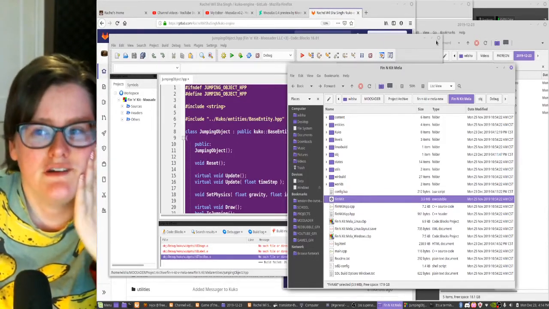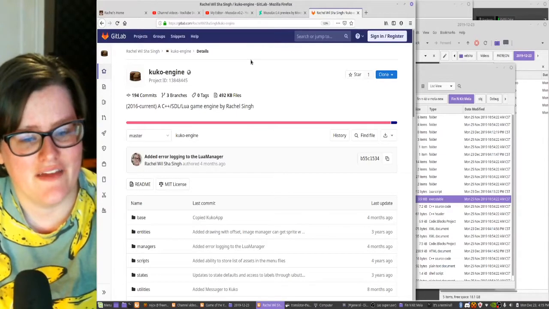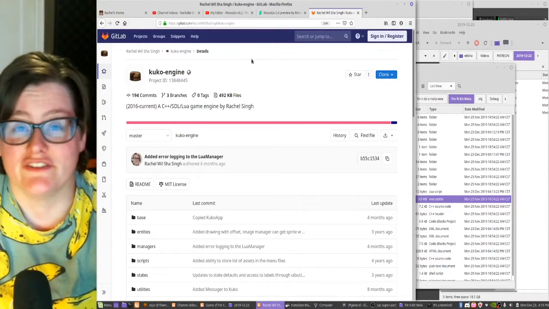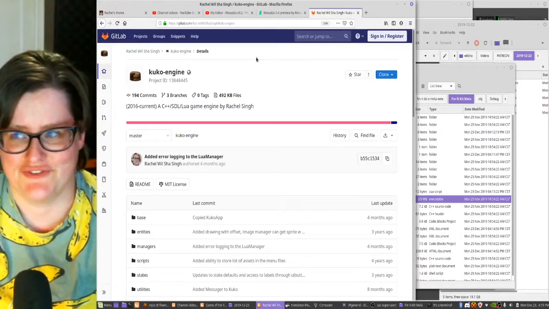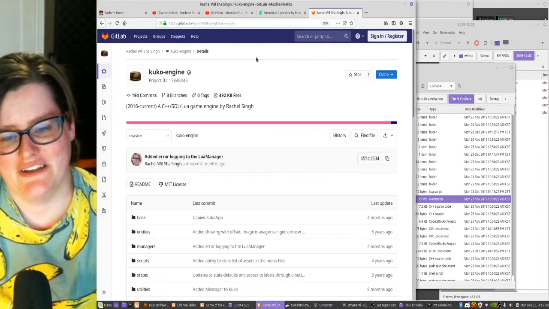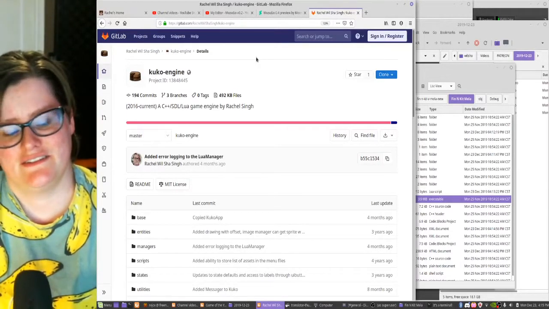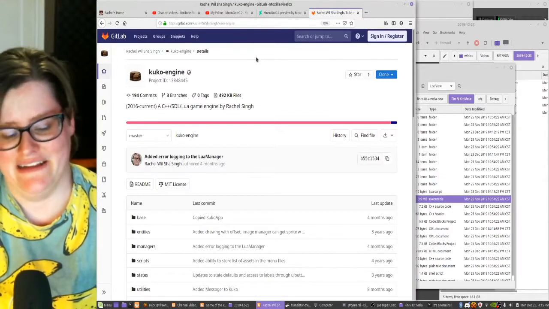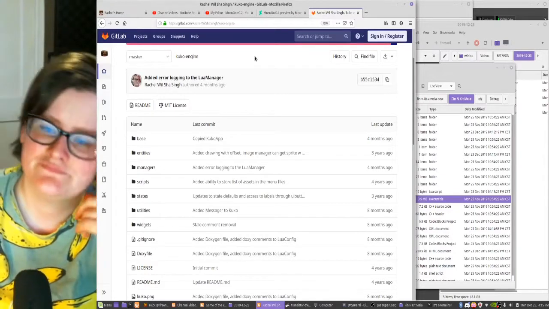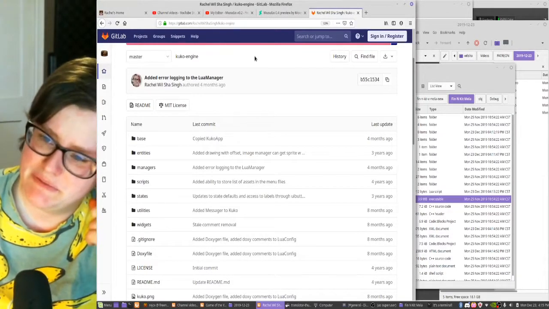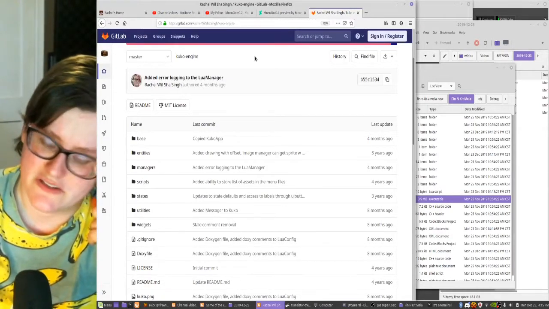So I wouldn't make a map editor, at least in the beginning, that was good. I would make a map editor that was functional, just so I can get tiles on different layers and have the data I need. I mean, I'd have to implement my basic user interface things like buttons, and